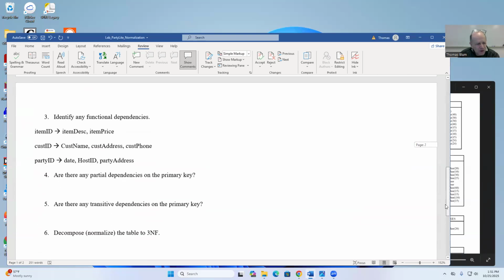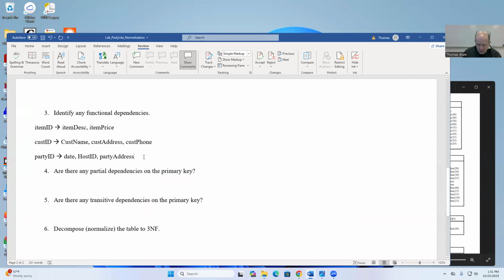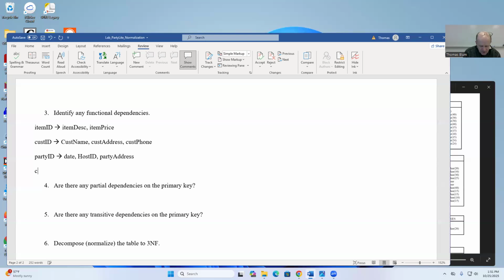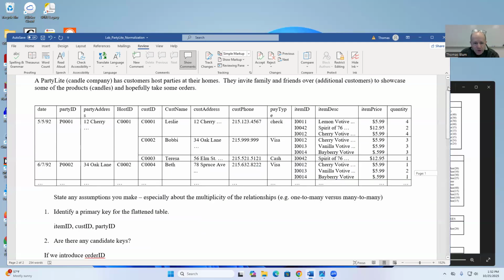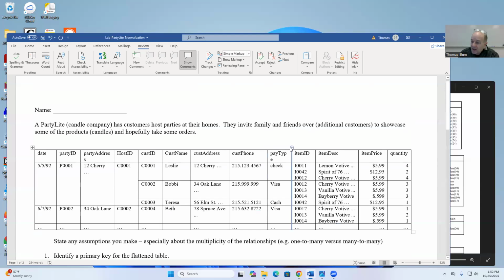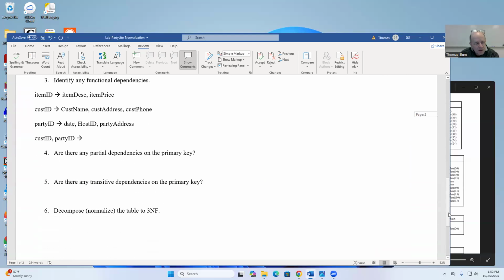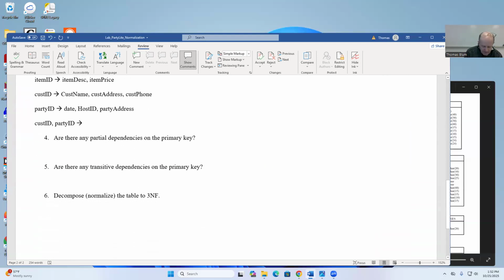So the customer ID and the party ID, that sort of combination is giving us the order. And what up here was a function of the order? Pay type. So you pay, that was a function of the